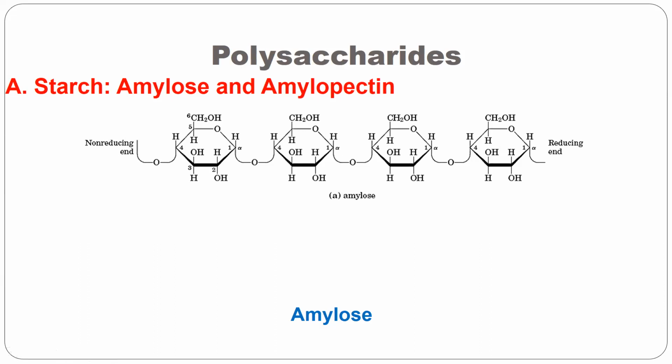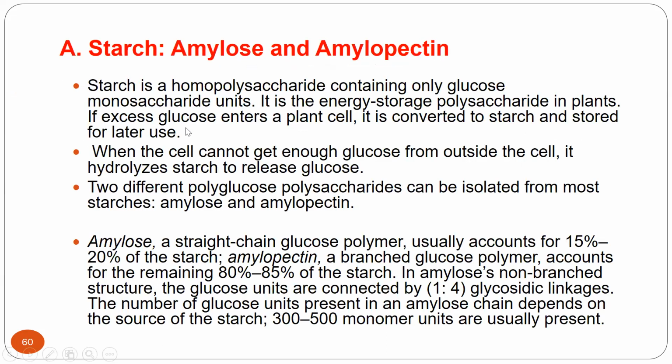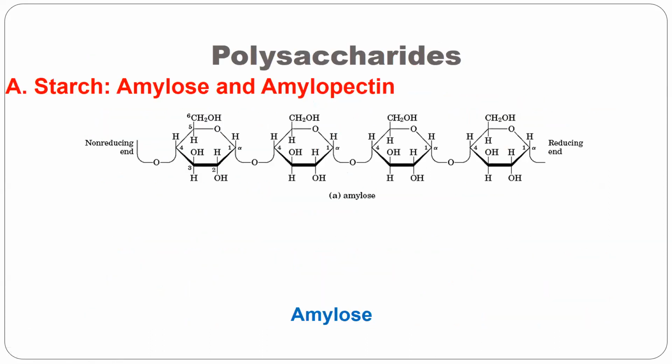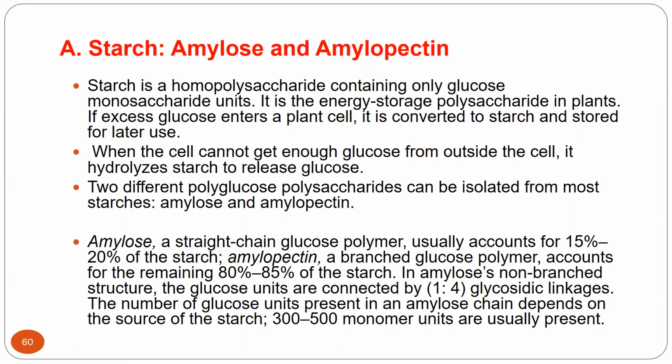Okay, so this is the structure of your amylose. Starch is a homopolysaccharide. It contains only glucose monosaccharide units. We have learned that starch is actually the energy storage polysaccharide in plants. You can find it in plants. If excess glucose enters a plant cell, it is converted to starch and stored for later use. Since the monomeric unit of our starch is glucose, when it is present in excess amount in plants, it becomes the energy storage